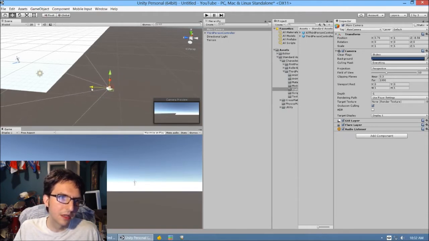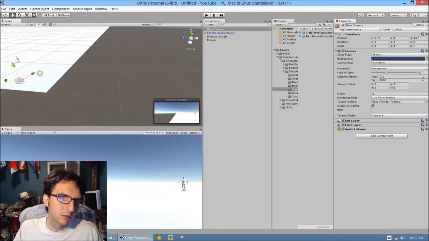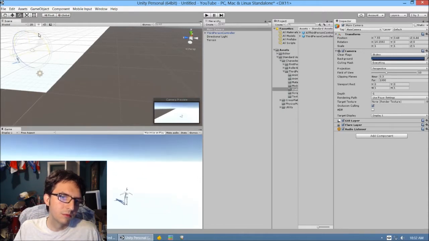So I want to bring the camera closer, so I'm going to drag here, and then I'm going to get my mouse back. I'm going to grab this red arrow, kind of like that. My camera's kind of on the ground, so I'm going to move it up, and then I'm going to rotate it down a little bit. So, whoosh. Now if I click play,